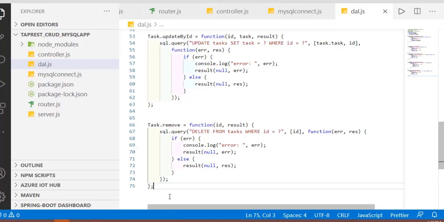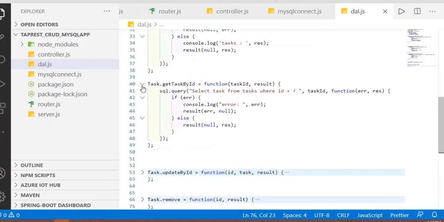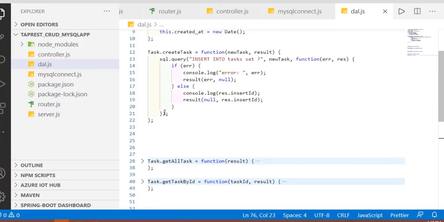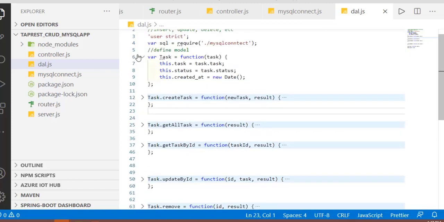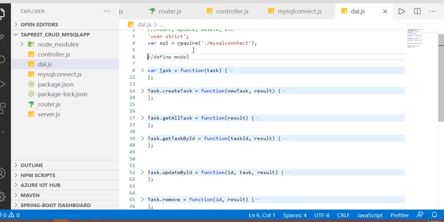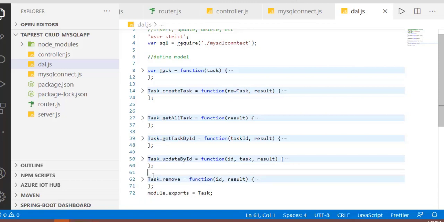Can you see this task object? We want to use it somewhere outside, so we are again exporting that object using module.exports, correct? Great. So this is the way you find our CRUD operations code, which is going to connect with the database, kept under this dal.js file. Now dal.js file is written, connections.js has been set.